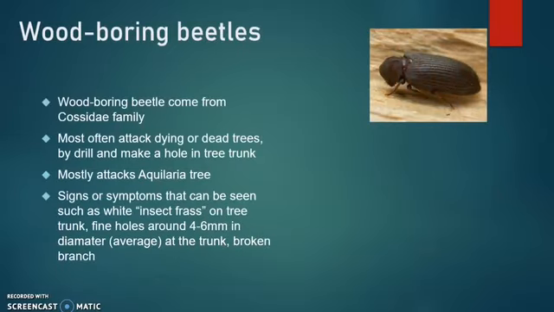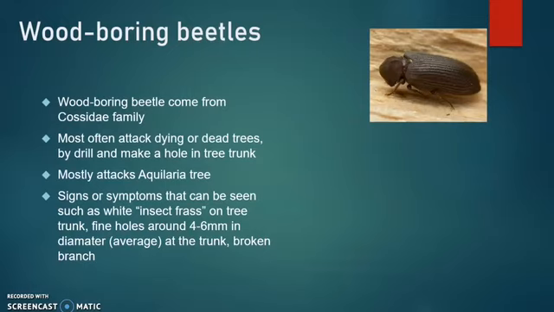Next, wood boring beetles. Wood boring beetles come from the Coccidae family. They most often attack dying or dead trees by drilling and making holes in the tree trunk. Wood boring beetles mostly attack the Aquilaria tree. Signs or symptoms that can be seen are white insect flesh on the tree trunk,